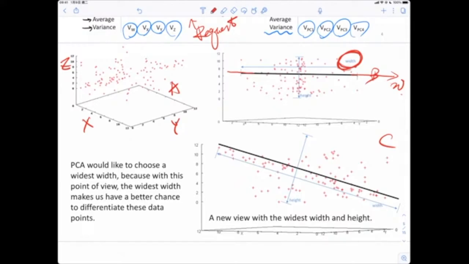So that is one of the examples, which is W. And of course you can find another axis, for example, V. You can keep rotating your view, and you can always find another view and another axis, then project the original data points onto that axis. And you can always find another axis, and project your original data points, which are the red ones, onto this axis. Do the projection: minimum value on this axis, the maximum value, the average value, the standard deviation, and variance, and so on and so forth.